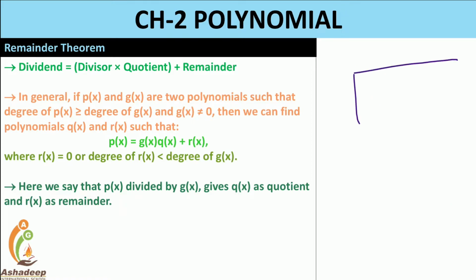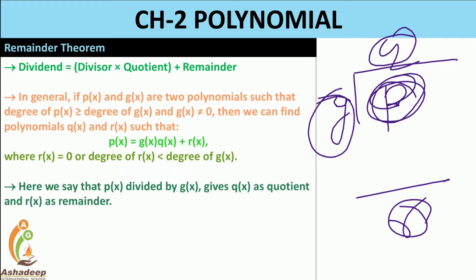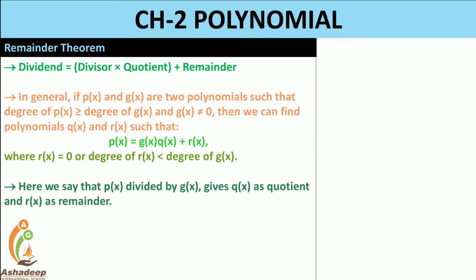See here, if I write down here P, G, Q and remainder R. So this is the divisor, this is the quotient, this is the dividend and this is the remainder. Simple. So dividend is equal to what? The divisor into quotient plus remainder. So in general, if p of x and g of x are the two polynomials such that degree of p